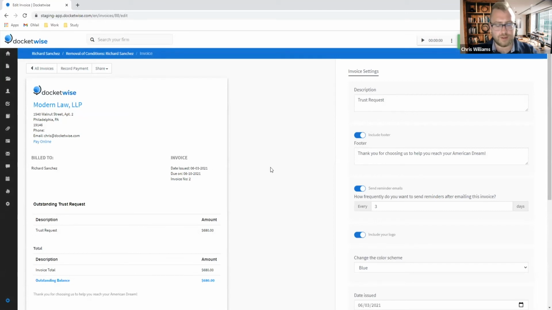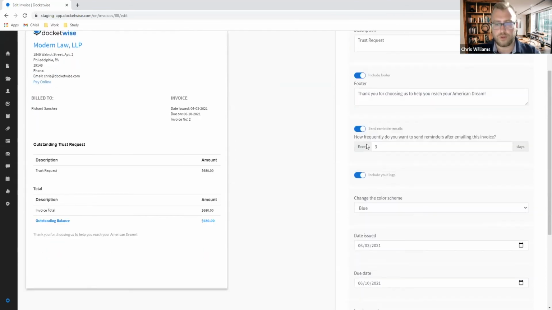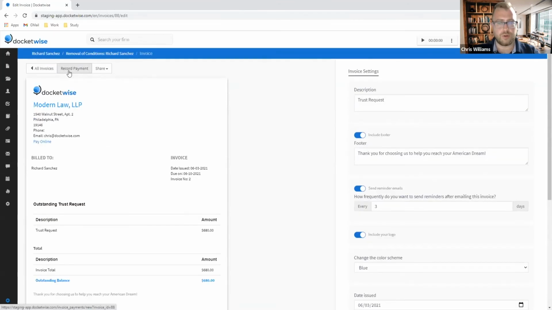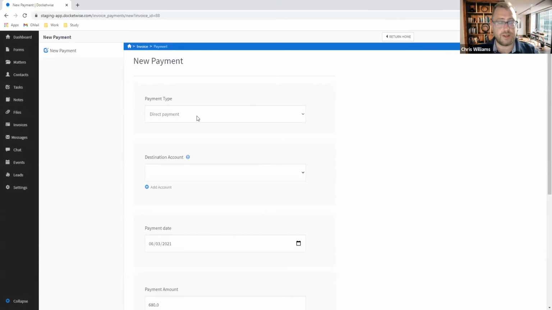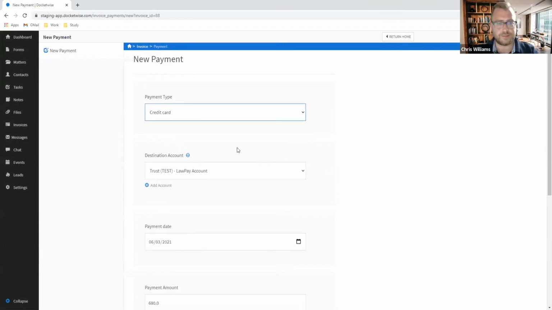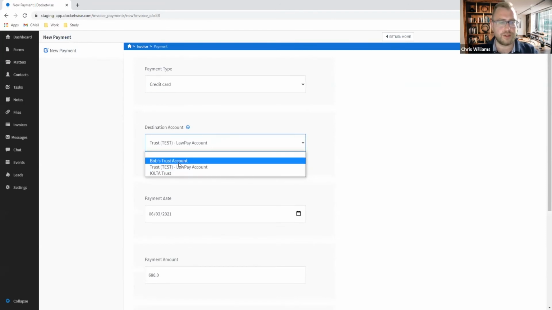And let's say that since we were provided the credit card information and the client wants us just to record the payment with that same credit card, we can actually do so. So we would go back just to record payments after having the trust request set up in order to obtain these funds for the trust account to file the application. So we'll do record payment, and instead of doing direct payment this time, we will choose credit card. Here we'll choose, let's say, Bob's trust account, or actually this time